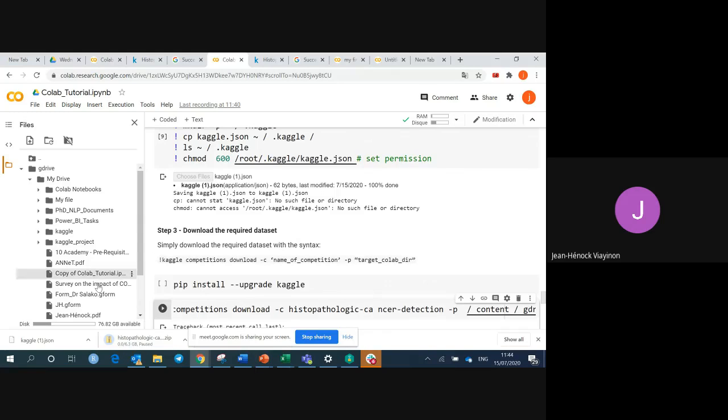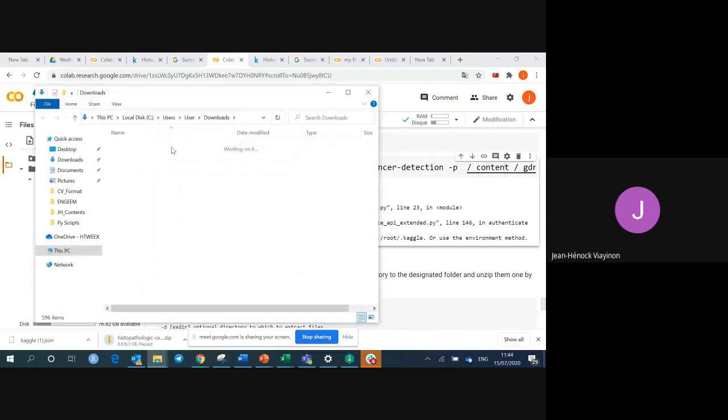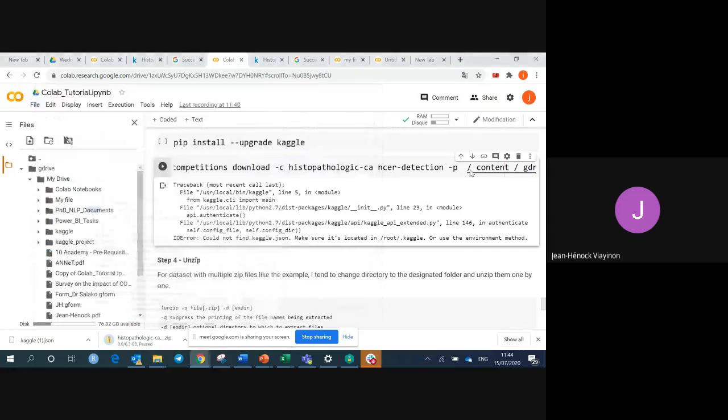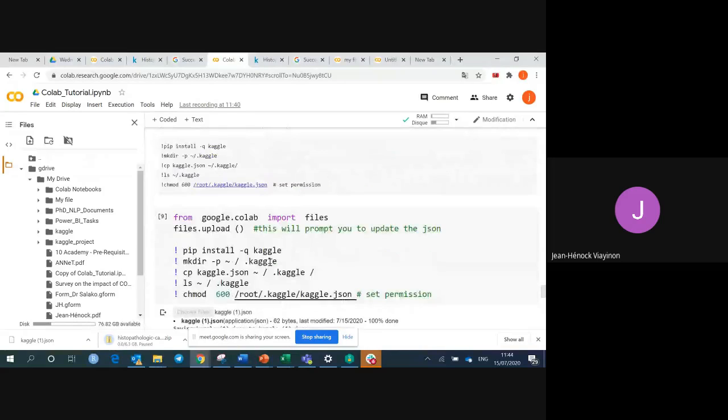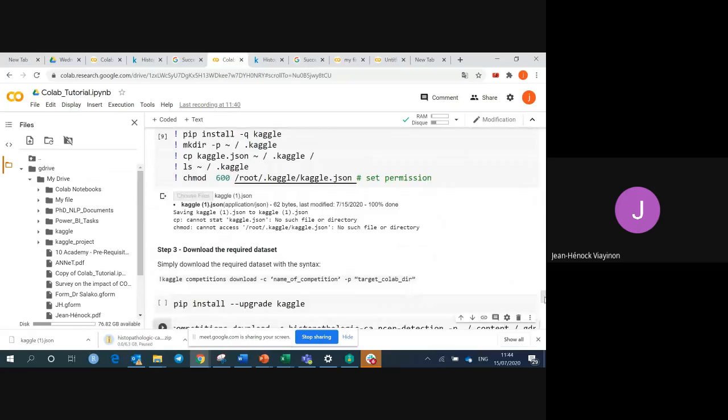So correct that. Once you try it the first time, it will just download the Kaggle version 1. So you will just upload it. You will not have this issue, but you can download several times. You just have to change the name. So at least here you just have to go in the folder you downloaded, and change the name to Kaggle JSON. And once you do that, you will just have to upload the Kaggle JSON. And once you upload the Kaggle JSON and not the Kaggle in bracket one .json, you will be able to